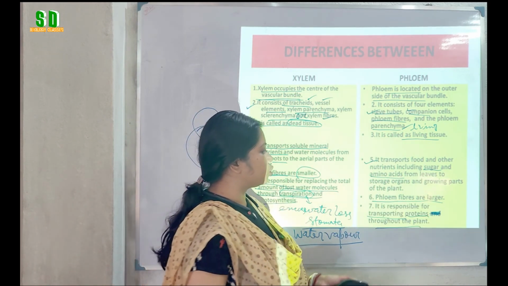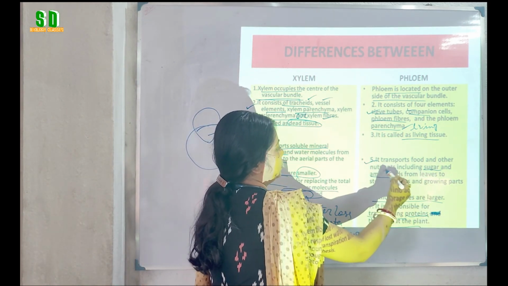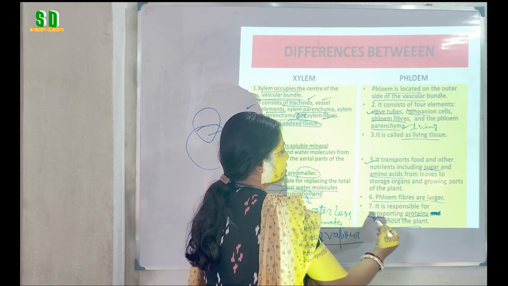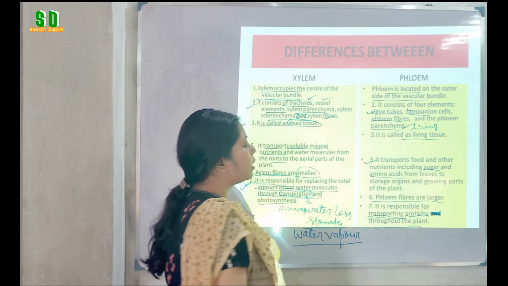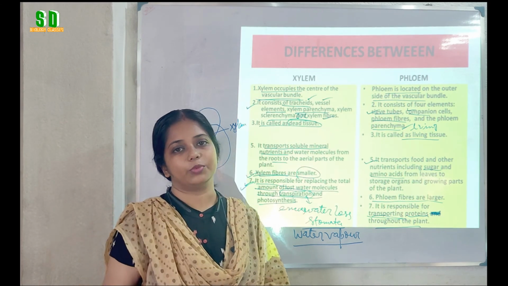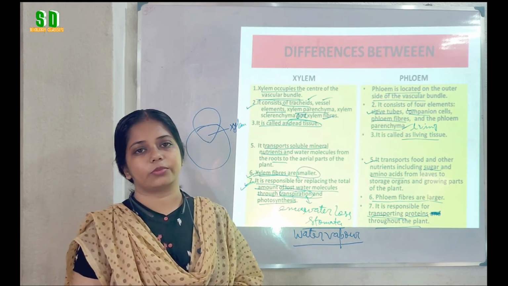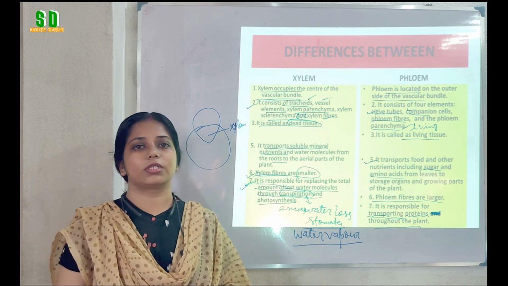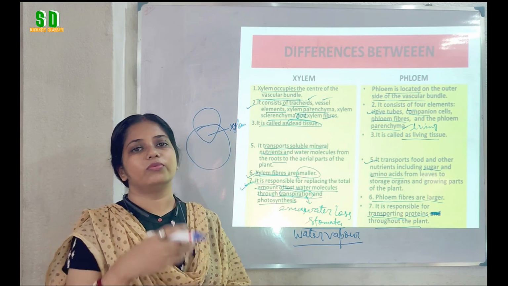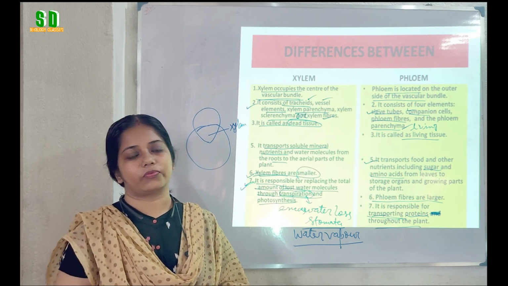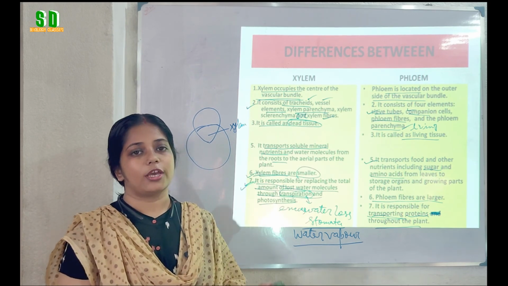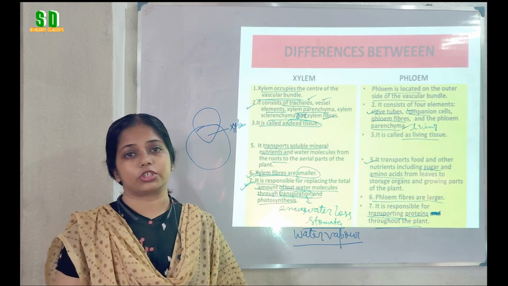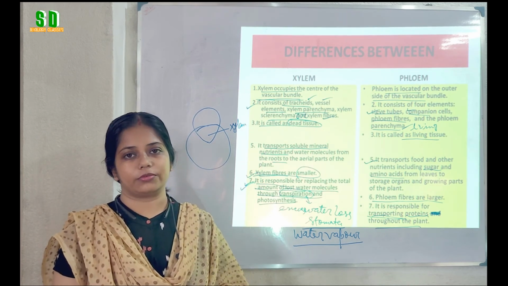In case of phloem tissue, we have learnt that it helps in the conduction of food materials and amino acids, and also it helps in the transporting of the proteins throughout the plant body. Protein that is synthesized in the plant body is translocated with the food elements in the soluble form from one part to another part of the plant body through the phloem tissue. This is another function of the phloem tissue in addition to the transportation of the food materials.